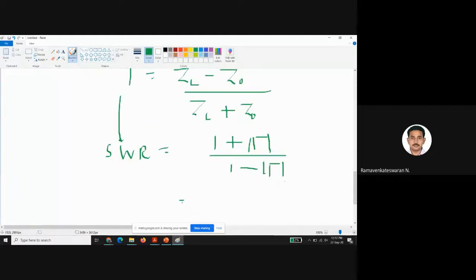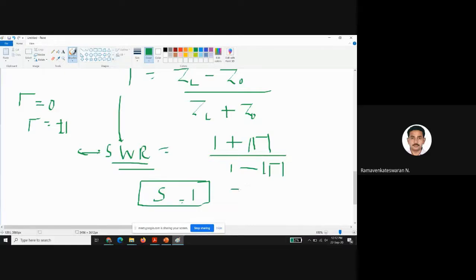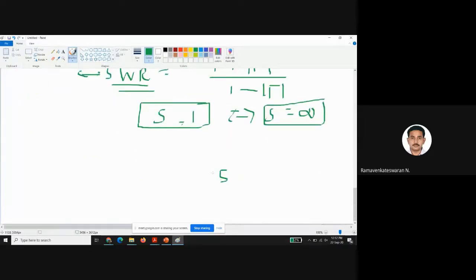Okay. So what is this standing wave? Basically, if I don't have any reflection, gamma equals 0, and the standing wave is ideally 1. And if there are multiple reflections, in the worst case gamma will be plus or minus 1. Taking the magnitude, mod gamma becomes 1, so the standing wave becomes 1 plus 1 divided by 1 minus 1, which is infinity. So the standing wave ratio values typically vary from 1 to infinity.